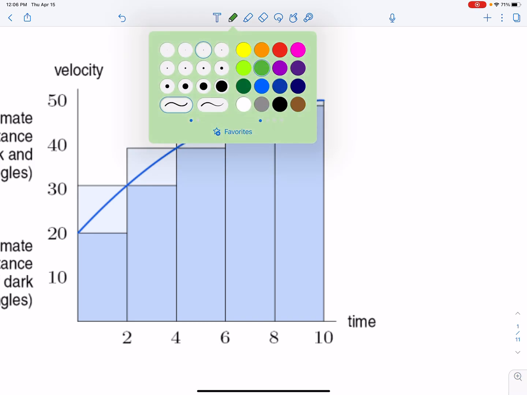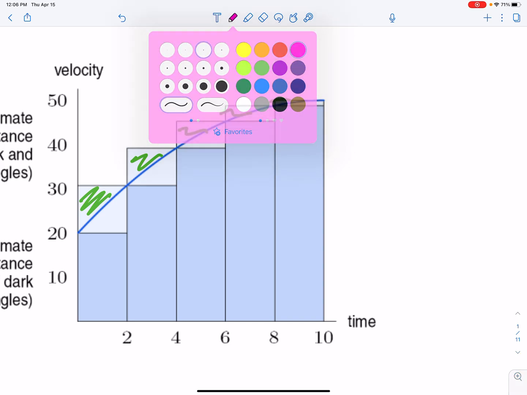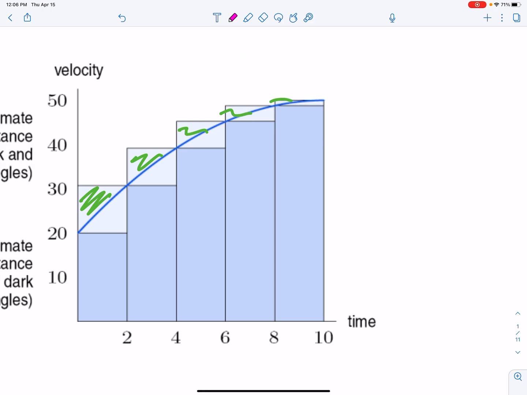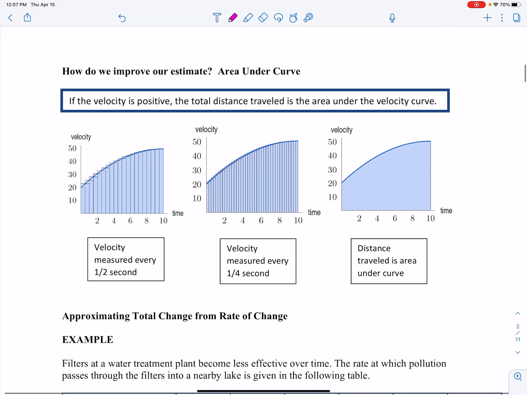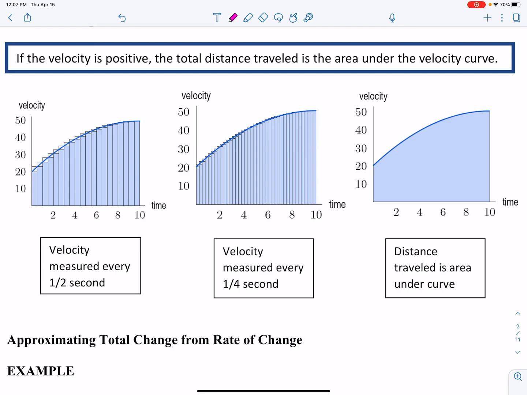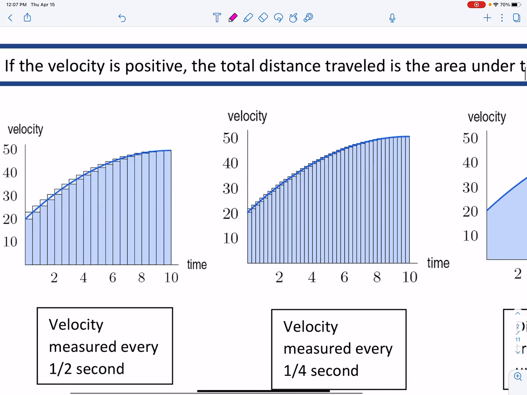And then for the bigger rectangles, notice how we have this overestimate here. These areas are going to give us an overestimate. Well, there's a lot of times actually, no matter what the application, physics, finance, mathematics, engineering and all that, you want to have a much, much more accurate representation or a more accurate area under the curve. So what we can do is, notice how before we measured time every 2 seconds, well, let's shrink that